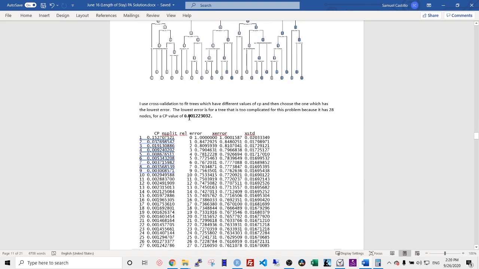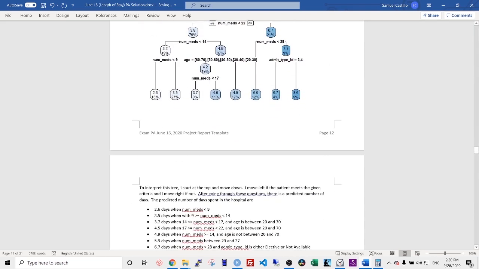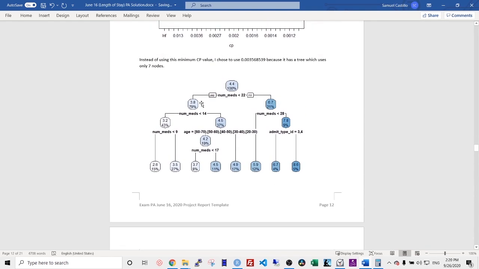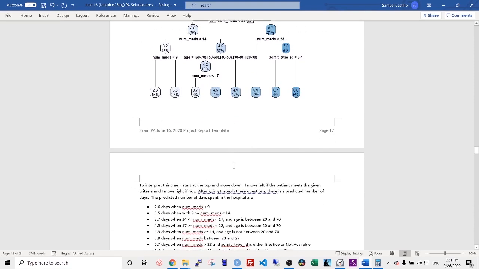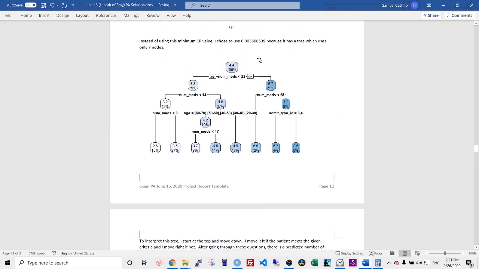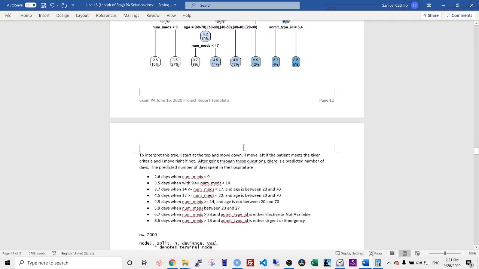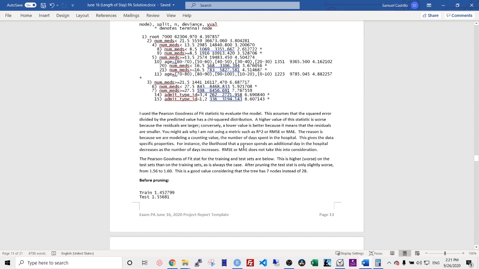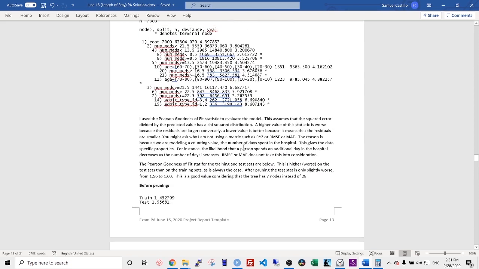There was a small typo in the CP value. I included just this number here. And so I had to add this 0 dot. When I was interpreting the decision tree, I noticed that some of the nodes were incorrect. And so I had to go back and review these equalities because I had followed the wrong path when I was interpreting the tree. I also went into more detail than necessary when I started talking about the Pearson goodness